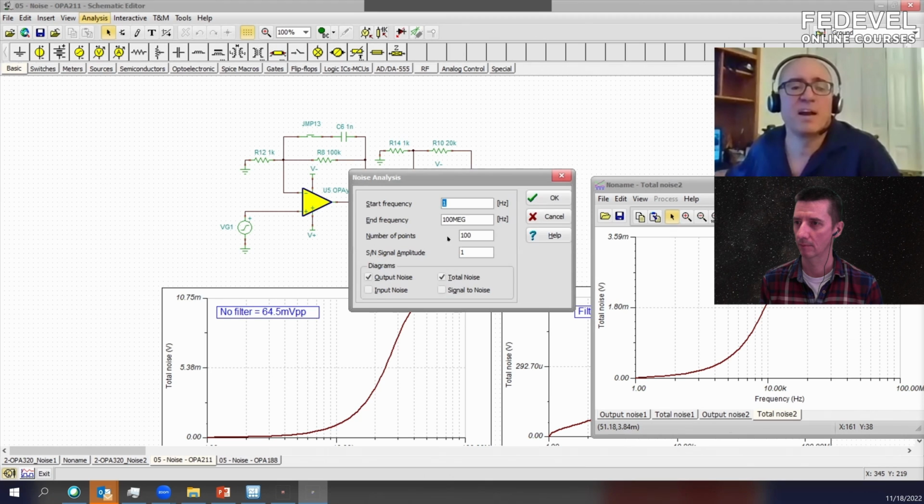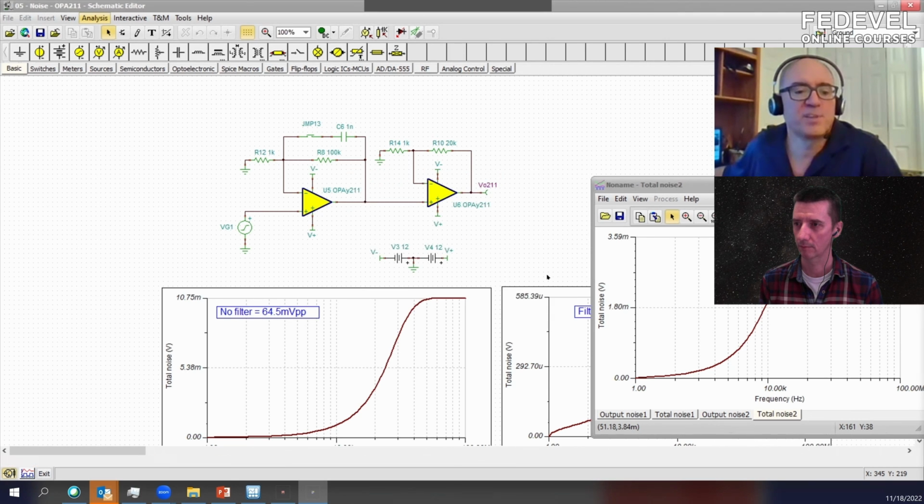So I just say noise analysis, and this is TINA-TI, a free program that TI provides. There's two different kinds of noise that we'll look at: noise spectral density and integrated noise. Integrated is called total noise, and noise spectral density is the output noise. And we'll see it from 1 hertz all the way up to 100 megahertz. And if I run this simulation,